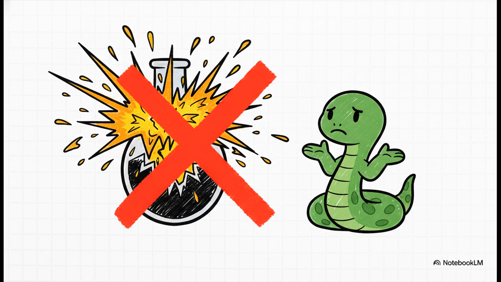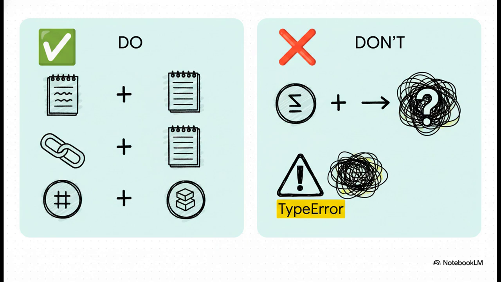We get a big, scary type error. Python is basically just throwing its hands up in the air and saying, whoa, hold on, I have no idea what you want me to do. You've given me a number and a word, and I can't add them. Let's break down why it gets so confused. Python's rules are super clear. String plus string, glue them together. Number plus number, add them up. But a number plus a string, the instructions are conflicting. There's no clear rule. So instead of guessing and maybe giving you a weird result, Python just stops and tells